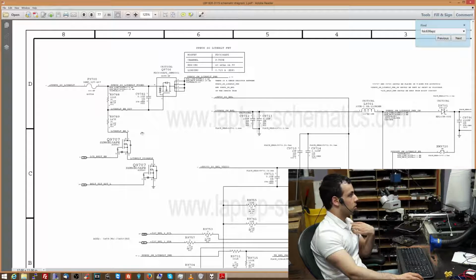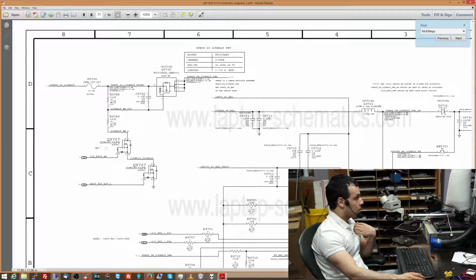So the way this works is when this other MOSFET over here sees that there is voltage on the gate, it's going to short this to ground, which will lower the voltage over here to the point where it'll send power through. So once LCD backlight enable, the signal, comes through, it's going to take the signal that is on the gate of this transistor and send it to ground, and since the voltage on the gate is going to be lower than the 12 volts over here, that is going to allow the power to flow through the system.